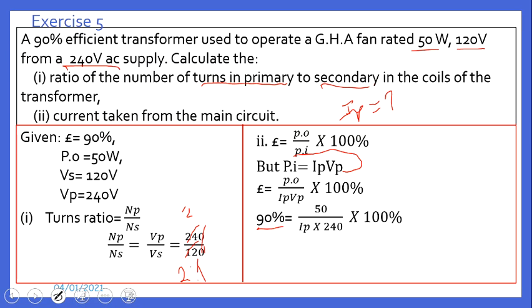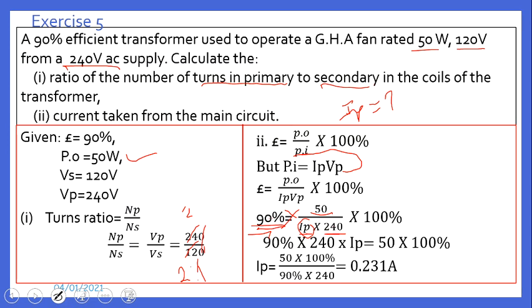Efficiency equals 90%. Power output is 50 watt. IP is unknown. Then voltage in the primary equals 240 volt. So simplifying this by cross multiplying, you're going to have 90 times IP times 240 equals 50 times 100%. If you divide both sides by 90 times 240, you are going to have IP equivalent to 0.21 ampere. And that is